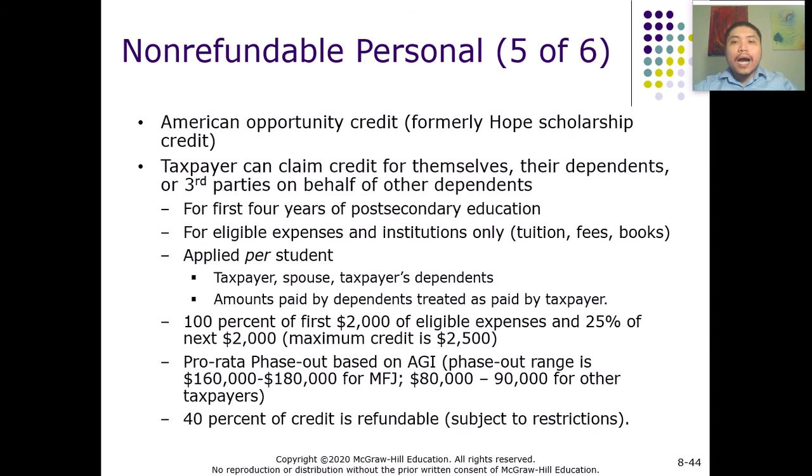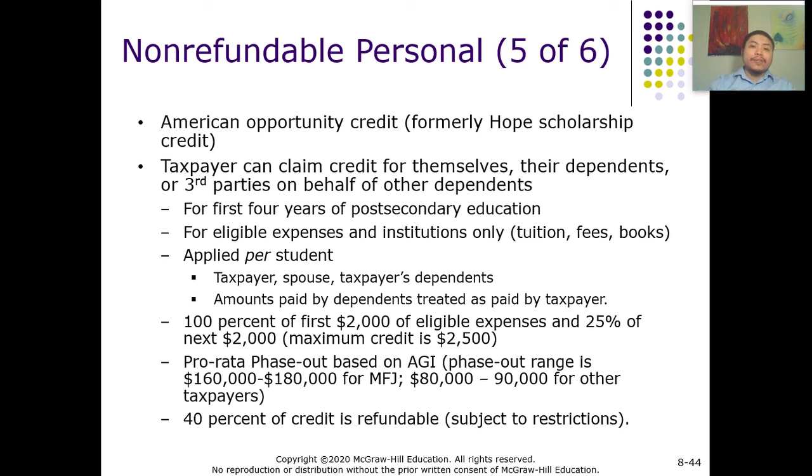So the next type of tax credit I want to introduce to you is the American Opportunity Credit, and this program may be relevant to a lot of you, right? Who are going to college and have to support yourself, right? So this program is primarily designed to motivate students to study, to get a higher education degree, right?